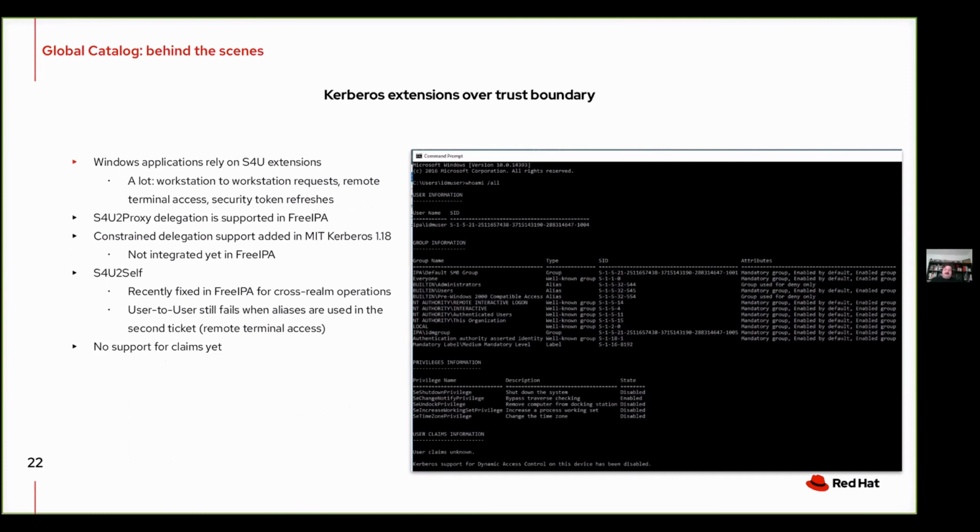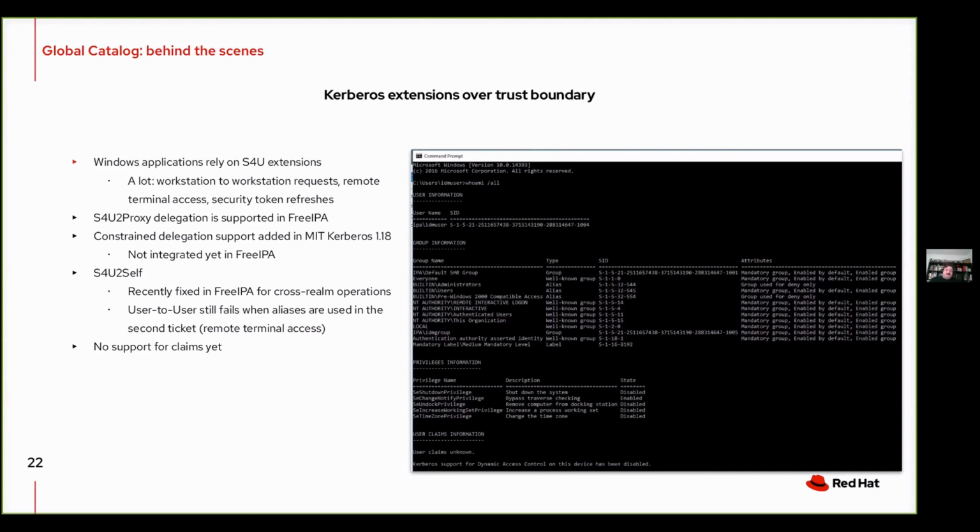this example actually shows that Windows applications rely a lot on the services for users extensions. So there's workstation to workstation requests where protocol transition happens a lot, and user to user requests, remote terminal access from one machine in the domain to another.